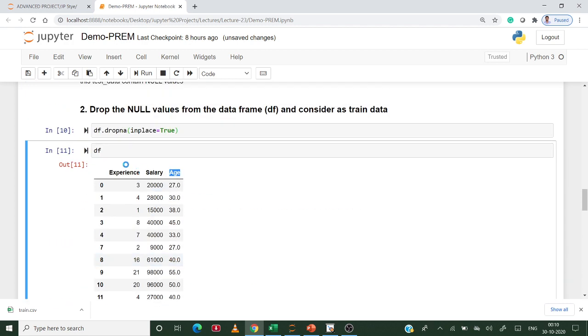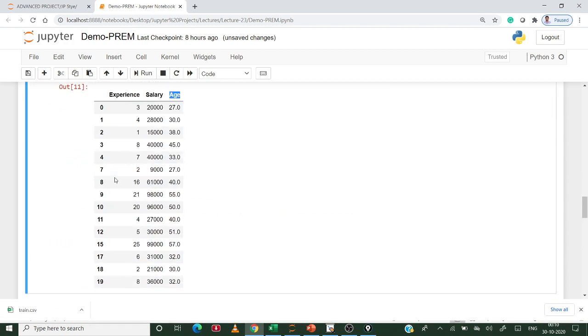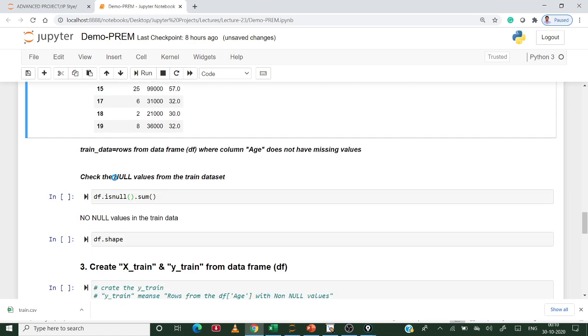This train data shape is 15,3. Next, check the missing values in the train data. Let's see whether any missing values exist in this training data.